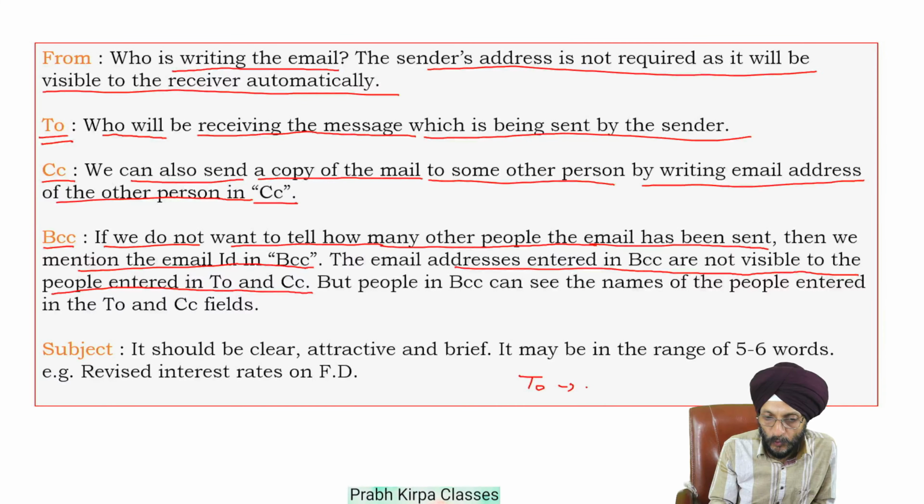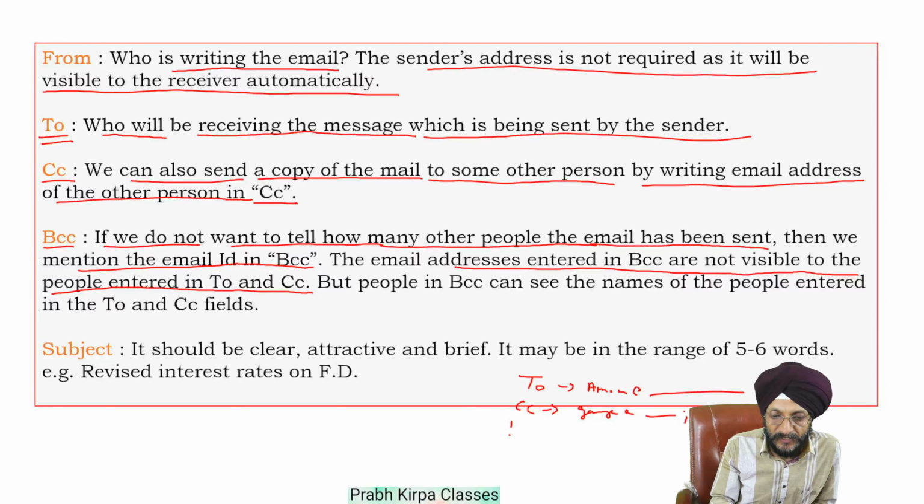Suppose in the case of To, we have sent the email to aman@gmail.com. In the case of CC, we have sent it to ganga@gmail.com. We have also sent it to sima@gmail.com. Okay. Then in the case of BCC, if you send this email to 3 other persons, 1, 2, 3,